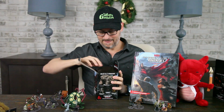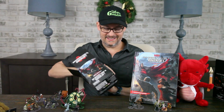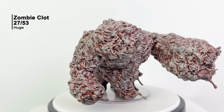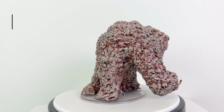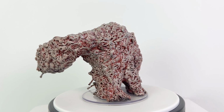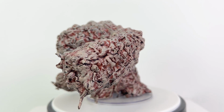Let's see what the other one was. Okay, let's see what this really heavy box is. I think I might have an idea from the side of the box what it might be. And I think I'm correct. Yeah, buddy. Oh, this one's wired in, too. This is, I think, the zombie clot, if I am not mistaken. I think that's what it's called. Let's actually look at the bottom. Yep. This is the